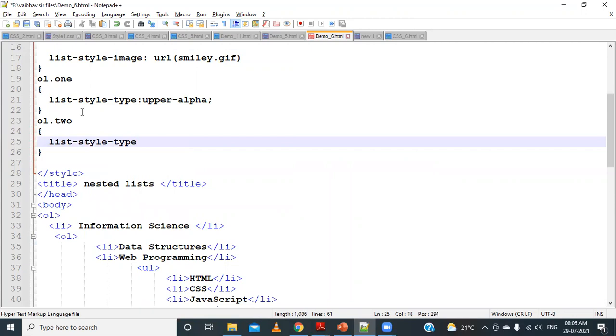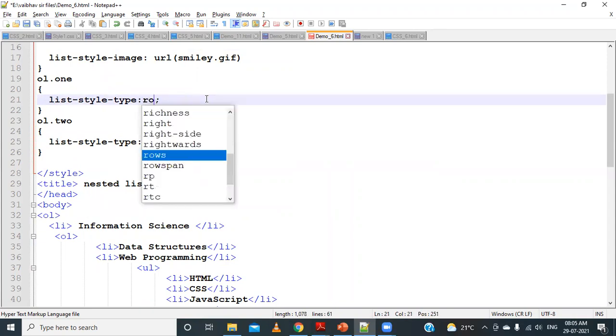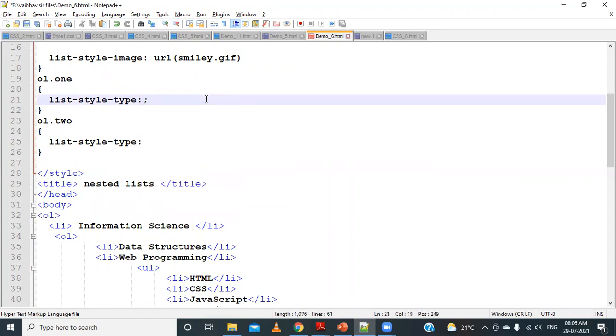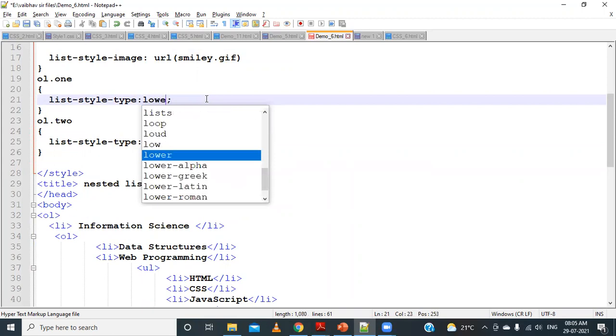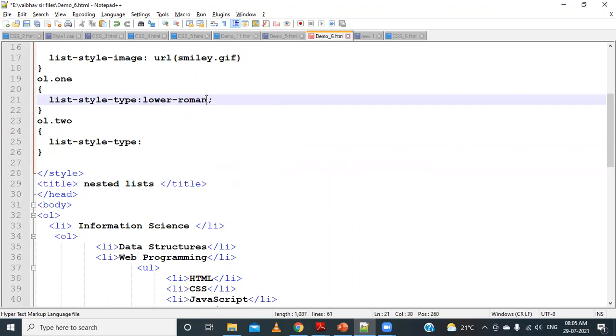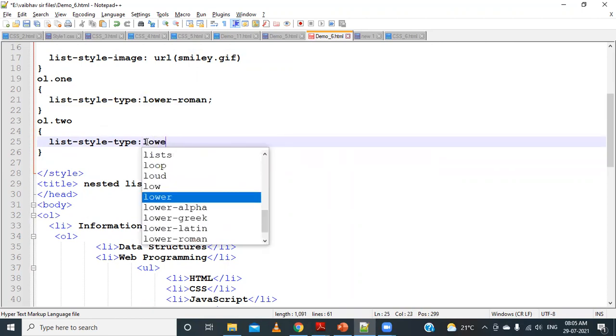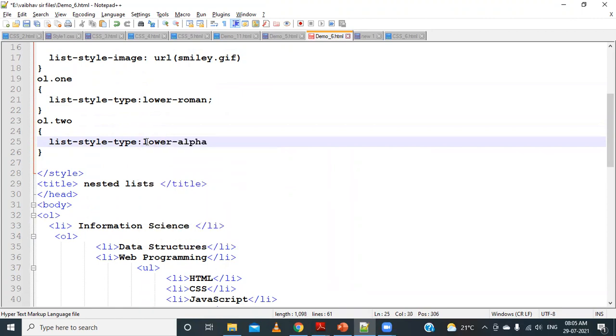We can set it as, for example, here I will specify it as lower Roman, and then here lower alpha.